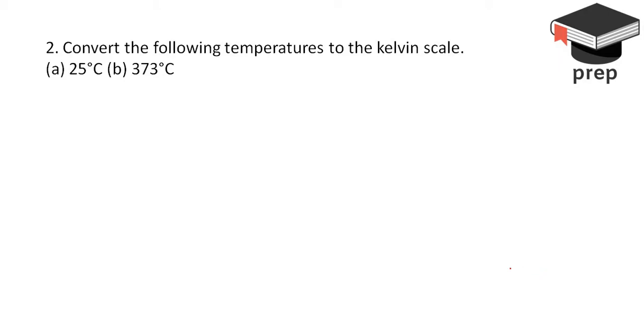So moving on. Now we need to convert the temperature to Kelvin scale, and the temperatures given to us are in degrees Celsius. So again we can use the same relationship between the two units of temperature. Here the temperature in Kelvin can be obtained by taking the temperature in degrees Celsius and adding 273 to it. In the previous part we were subtracting 273, in this case we'll be adding the same. So for the first part,